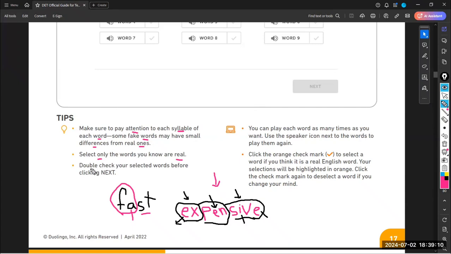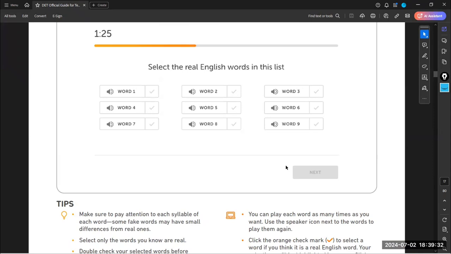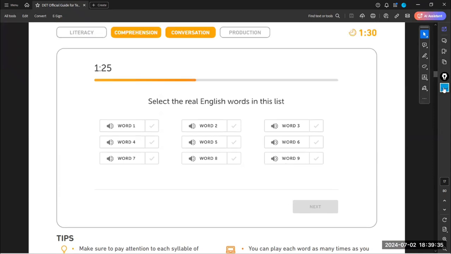You have to double check the words that you have already selected before clicking next, because if you click next, there is no way to go back to correct yourself. Okay? Now, the next step is you can play each word as many times as you want. What does that mean? Let me go back to the screen that is going to be shown